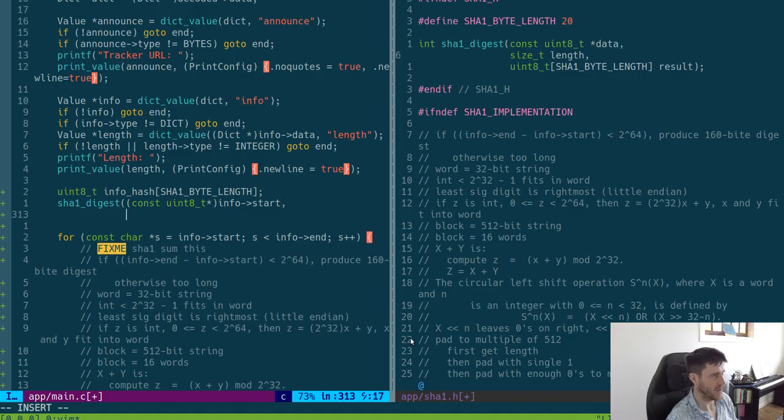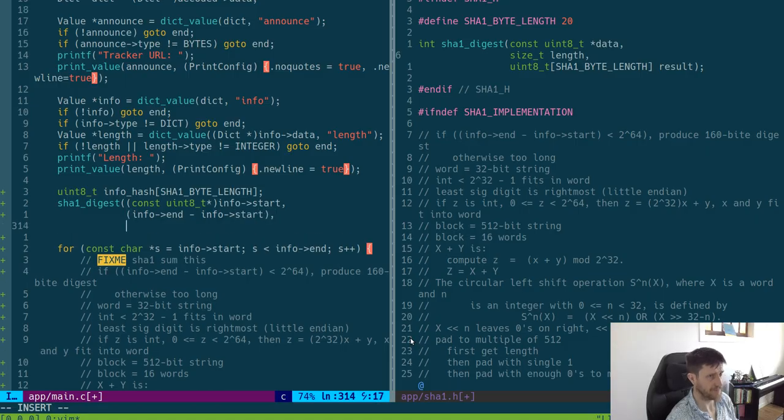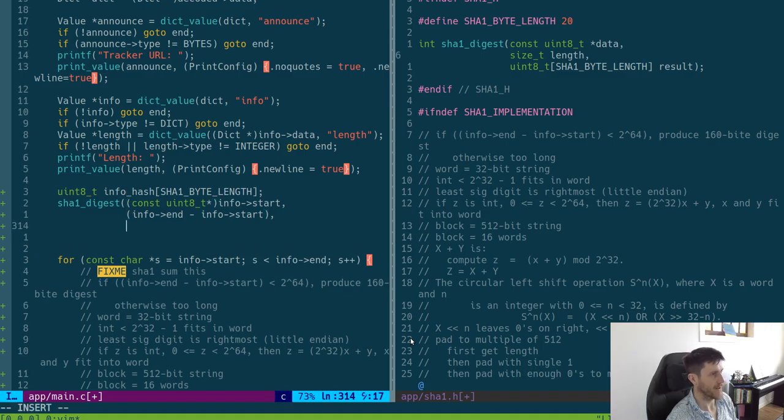The length is going to be info end minus info start, which should be, we can double check that in the thing. In fact, that's the first thing. Right, so then the result is just going to be info hash,